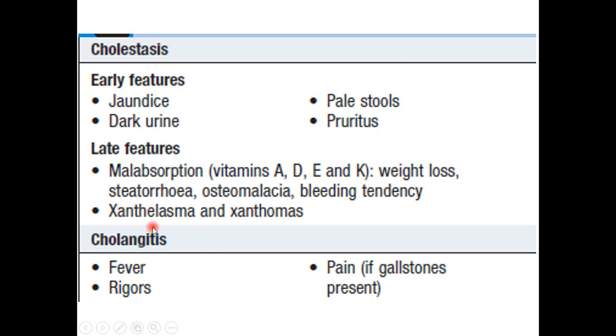He may have lipid deposits, and when there is infection, for example in patients with cholangitis, you may have fever, rigor, and pain